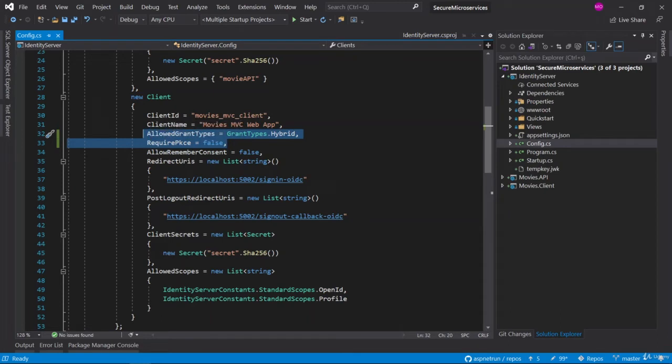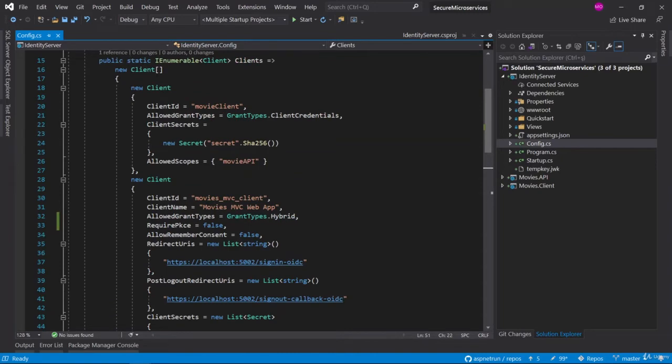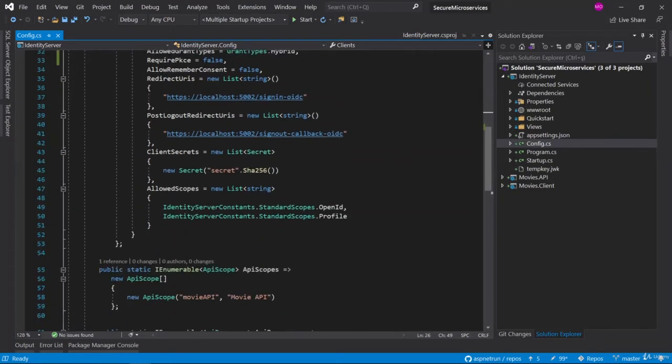After that, in the same place, we will extend our scopes by adding movie API into our allowed scopes. This way, we can access the movie API using only one token, which we get with the OpenID Connect interactive client when logging into the system. So let's focus on the allowed scopes. As you know, in the previous client, we had only the movies client allowed scope. We can copy this movies API and come here.